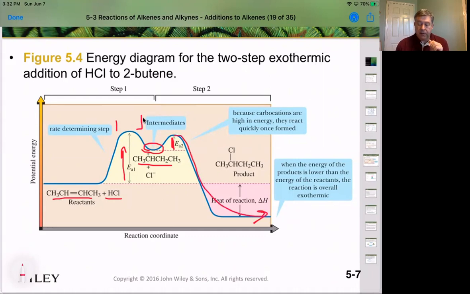Now notice the potential energy of the products here is lower than the potential energy of the starting material here, which means it's an exothermic reaction. So that double bond was storing energy, and now that we've got all these sigma bonds, we've released energy